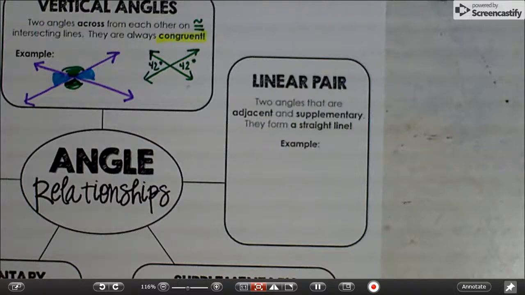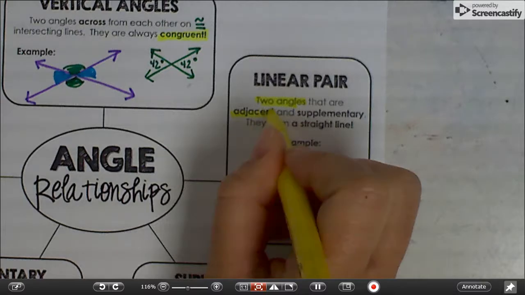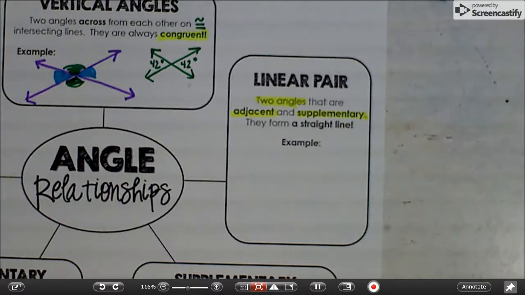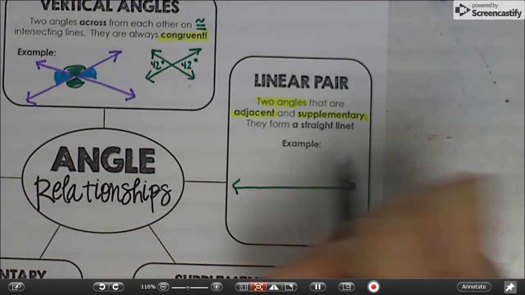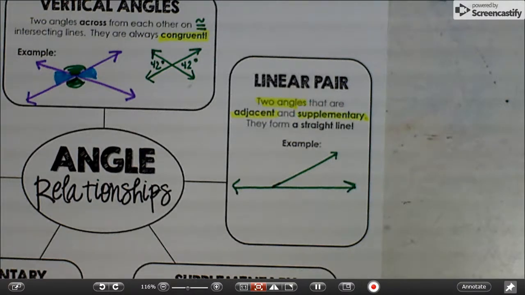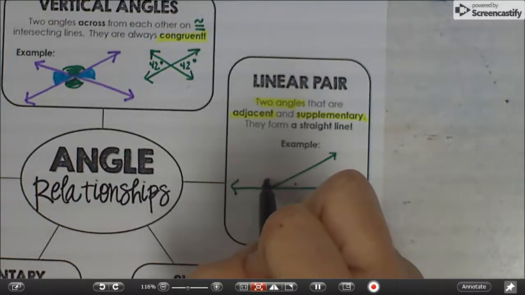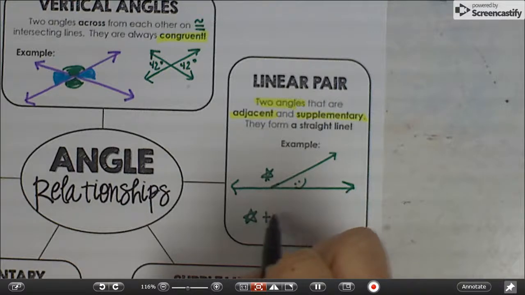So we also have linear pairs. Linear pairs are two angles. They're adjacent, meaning they're touching, like they share a side, and supplementary, which means they add up to 180 degrees. They form a straight line. So we have a straight angle, a straight line, and it's kind of divided up like that in any degrees. But this angle and this angle are a linear pair. So it means that they add up to 180 degrees. So I'm just going to do like a star and a smiley face,